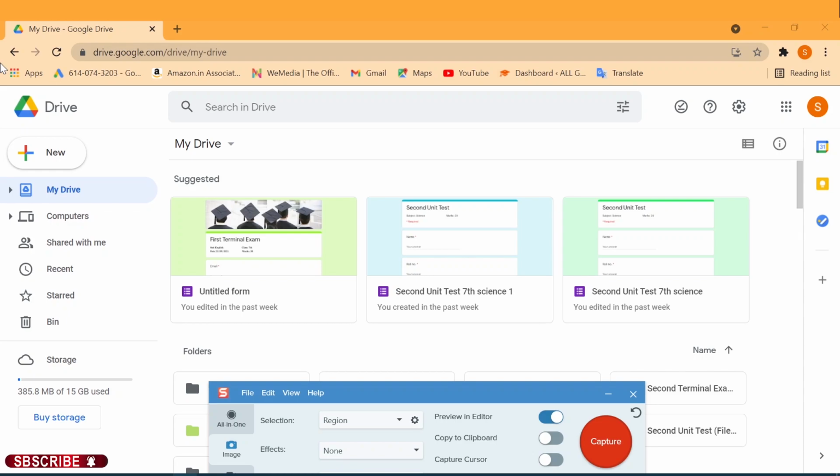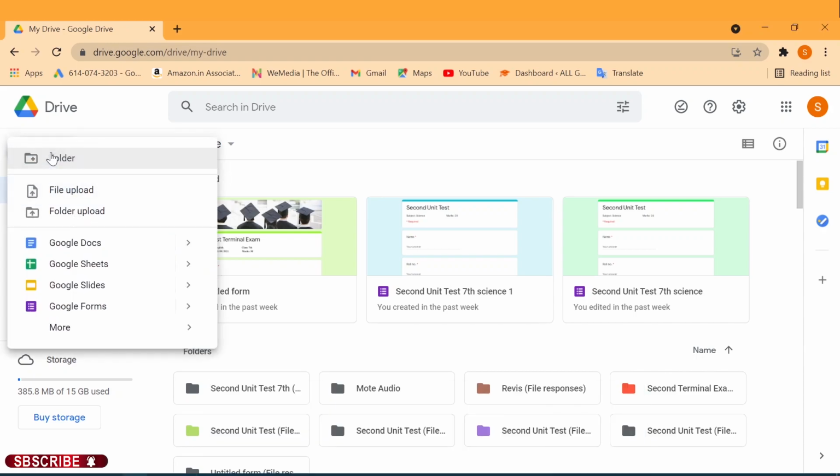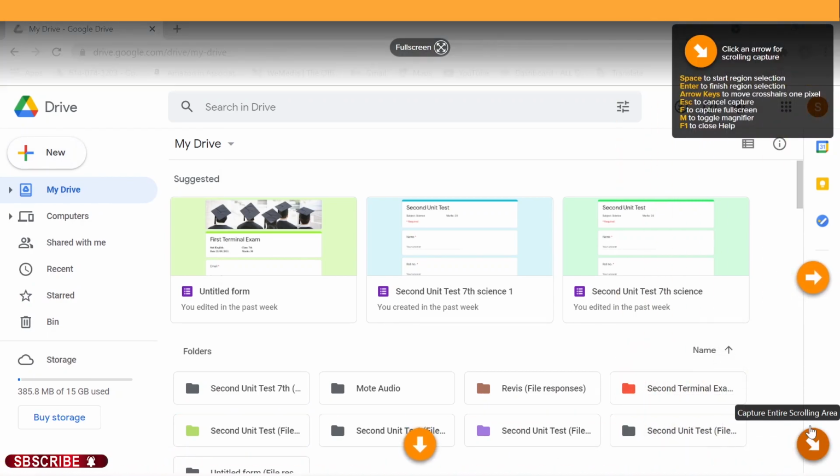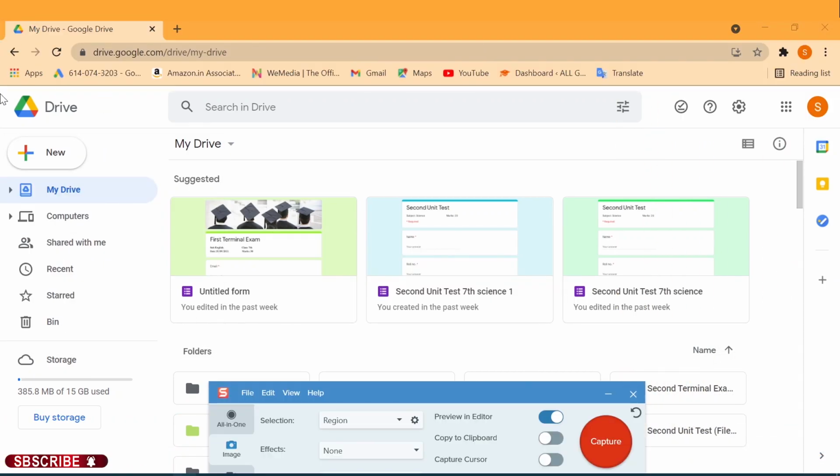We have our first image. Let us go back to our drive now. Let us click on that new button. We are going to take again an image. There we go. We need a third image, which is when I have created the folder.